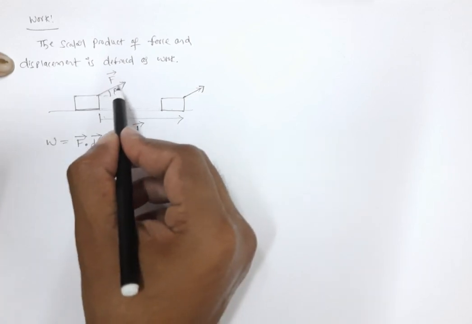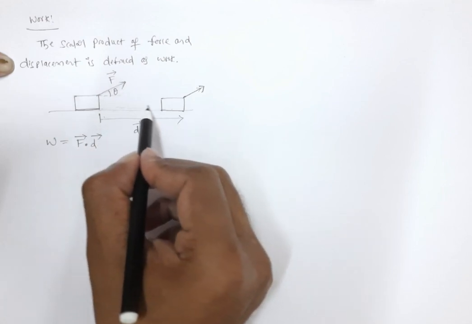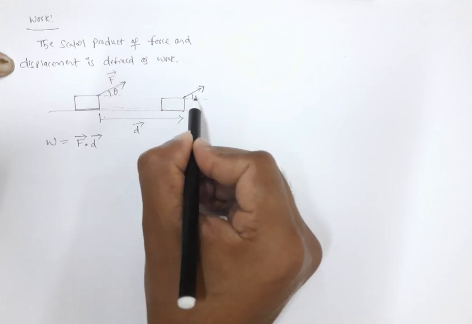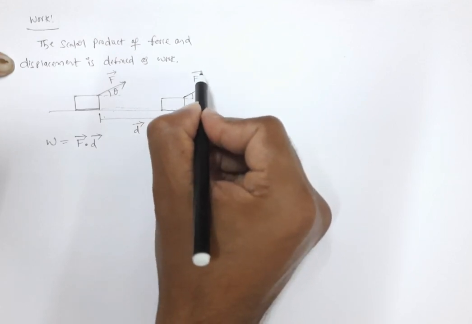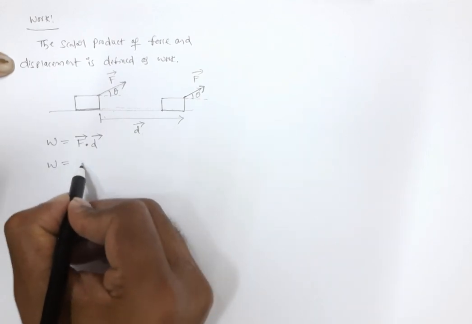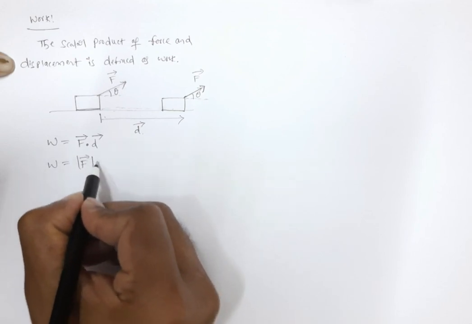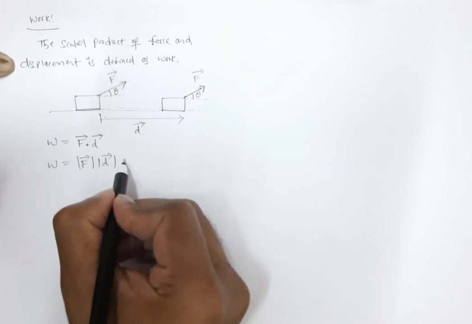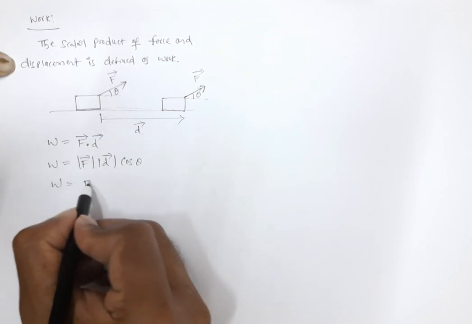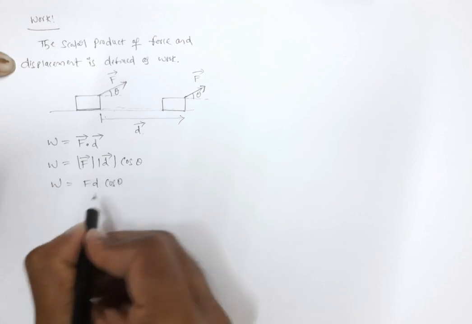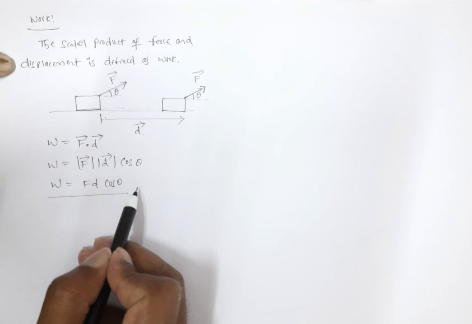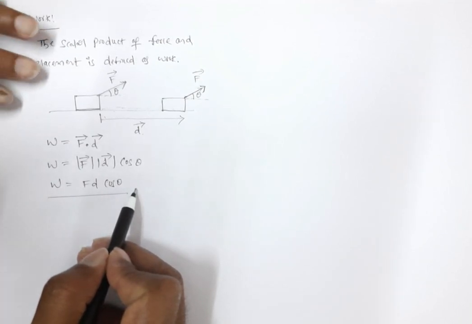So the force we are applying in this direction, but the object is moving this way. The box is moving on the ground this way. So throughout the motion we are applying a constant force F bar and the object is moving in the horizontal direction d bar. Now, what do we write? W is equal to the magnitude of force into the magnitude of displacement into the cosine of the angle between the two vectors, theta. So W is equal to F into d into cos theta. This is the equation we get. And based on this theta value, the work done may be positive, may be negative, may be 0.